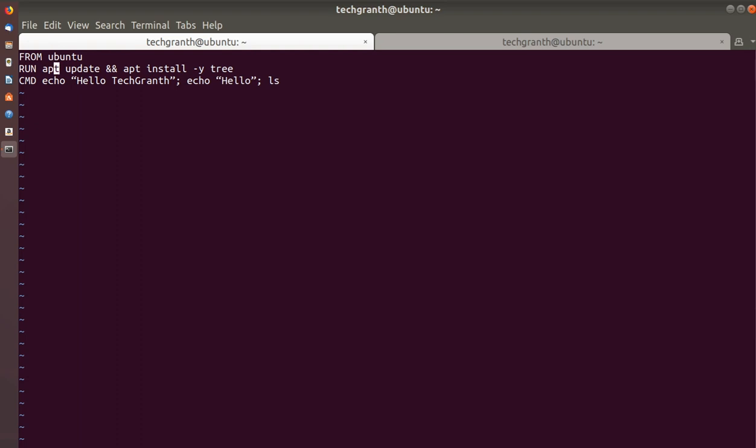So now we will just remove this one, and also we will use entrypoint, and then we just use echo hello. Let's not use anything else, just a simple one, echo hello. Let's just save it.